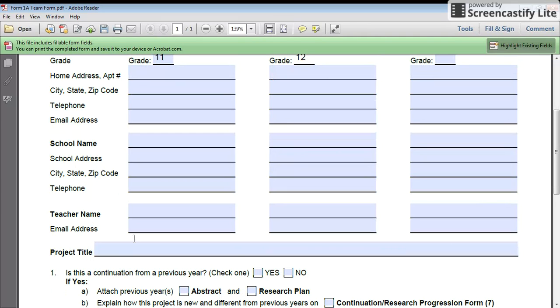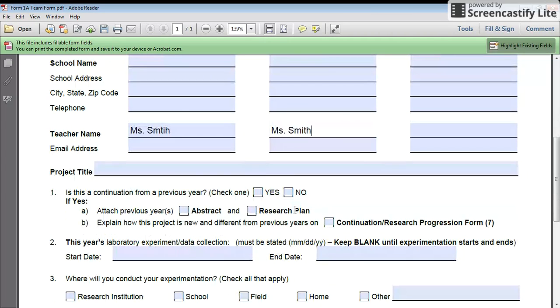Teacher name and email address would be Boston Public Schools email addresses for the Boston Public School teacher helping the student with the project, and the teacher's names, one would assume, would be the same if the teacher was supervising the team of students. Project title,